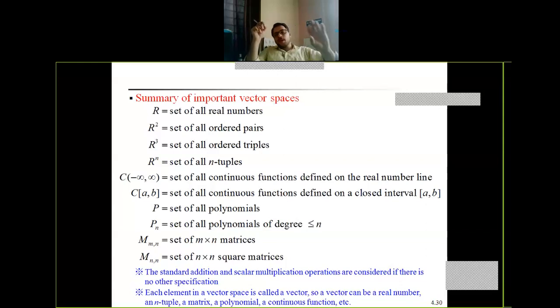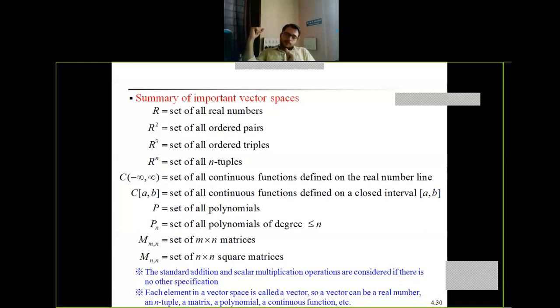Okay, and if they are not given or not specified, then we are going to consider the standard addition and scalar multiplication operations. Okay, so this is the note to make. And then next, you will say, sir, why have they given, or why to perform the addition in this fashion only, why to perform the multiplication in this fashion only. We should not ask such questions, because the examiner needs to check whether you have understood the concept of vector space.